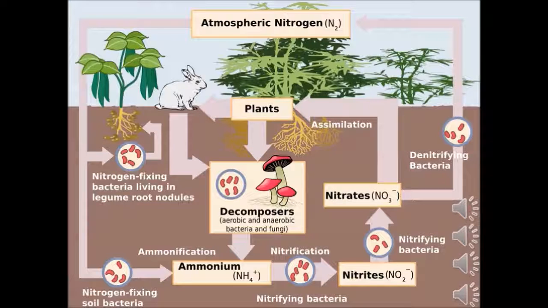Also, once in the animal after it eats the plants, the animal either dies or needs to get rid of waste. Another type of bacteria then takes this, along with the decomposers, and breaks down the nitrogen either in the waste or the dead animal. And by a process called ammonification, the nitrogen can enter the cycle once again at nitrification, and the cycle continues.